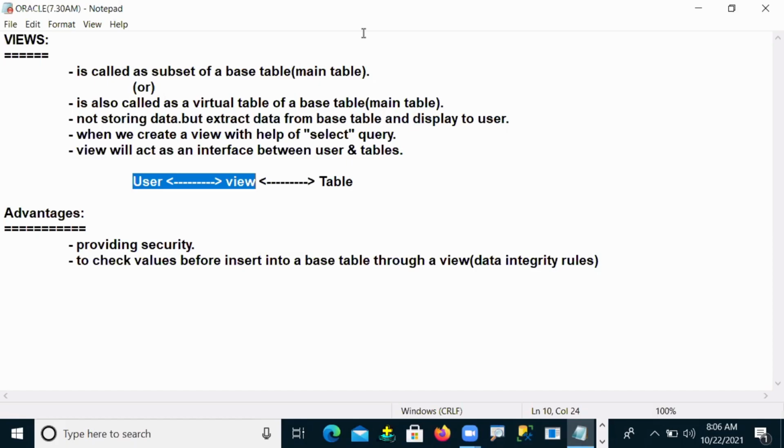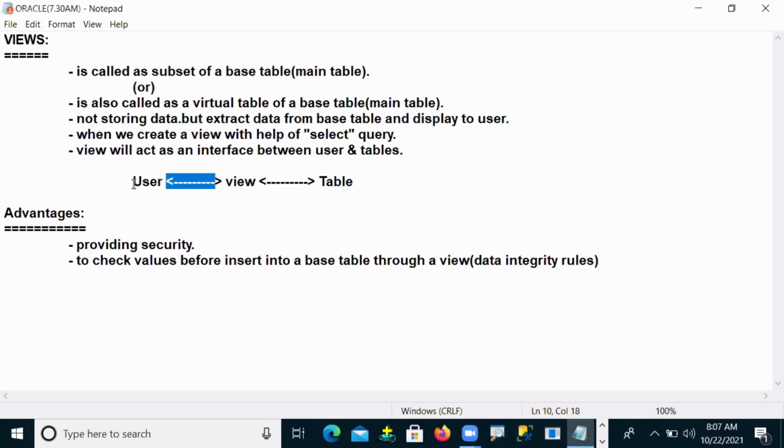That's why in real time, administrators create views, and they don't give permissions to directly access the table. They create one mediator, and that mediator is shared with you, that means sent to you. Users also, when they want to interact with your original tables or base tables, interact through a view only. That's the point I said: a view will act as an interface between your original tables and users.